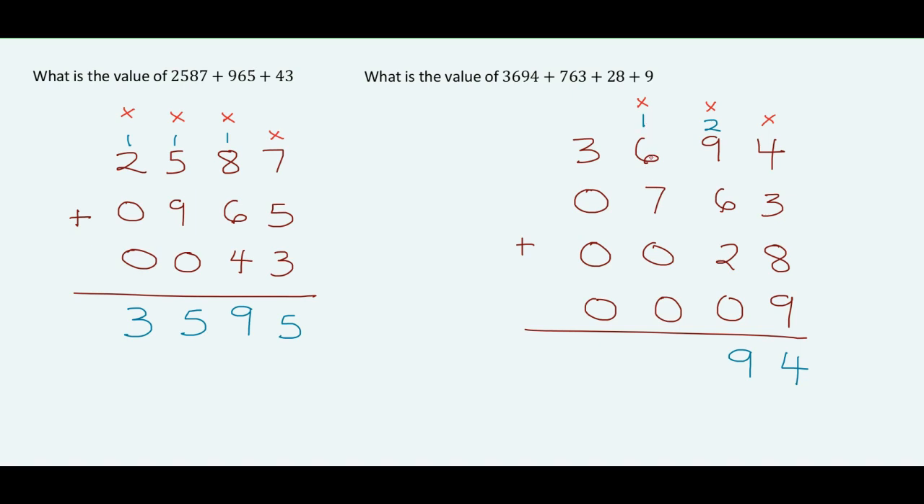1 plus 6, 7, plus 7, 14, plus 0, 14, plus 0, 14. So we're going to write down a 4, carry up a 1, and finally we go to the thousands position. 1 plus 3, 4, plus 0, 4, plus 0, 4, plus 0, 4. And now we write our answer. So this is the answer to